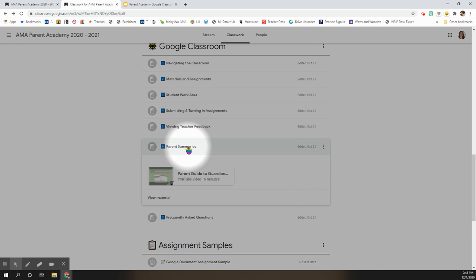Parent summaries. I want to spend a little bit of time talking about that. Okay, parent summaries is something that you can opt into. The teacher has to have this set up in their Google Classroom to have this already available to you. You can become a guardian to the student in the classroom by assigning your parent email to that account. There is a difference, meaning that if you are using a email that is not a Google email, you will